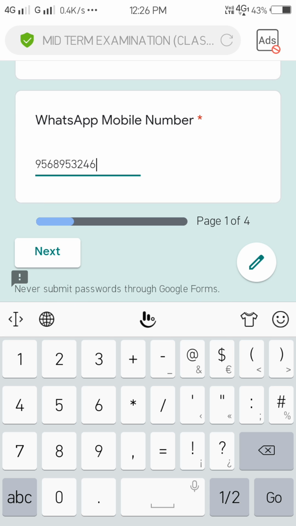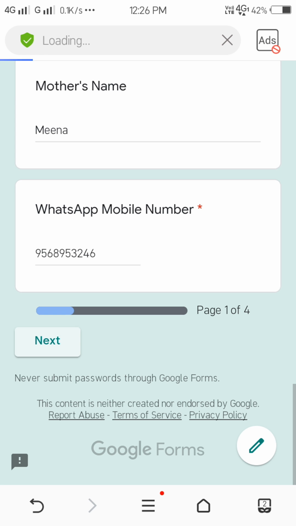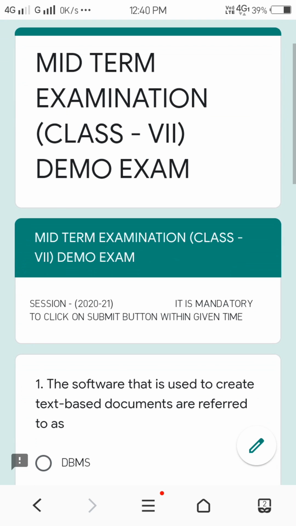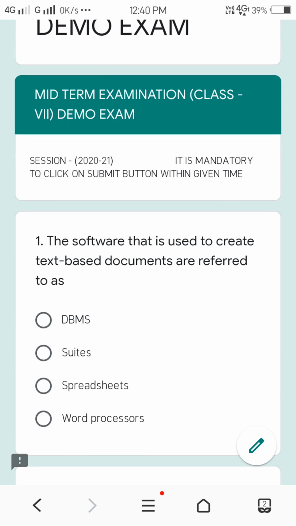Before moving on to the second section, please ensure all the information you entered in the first section is correct, and then click on the next button. In the second section, you have 50 multiple choice questions with 4 options.